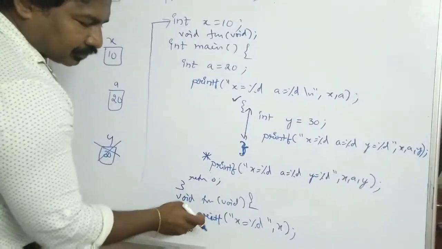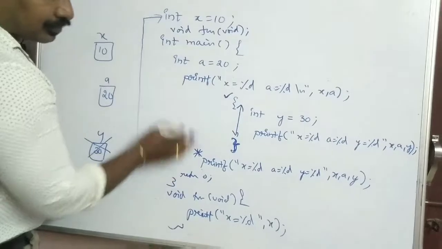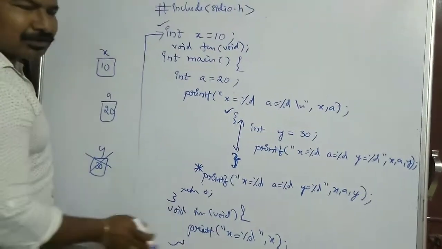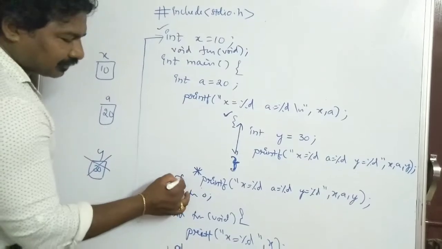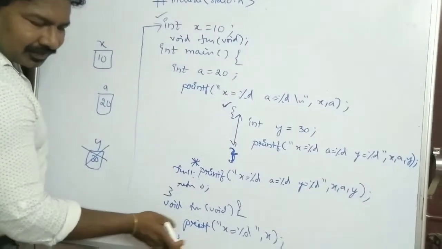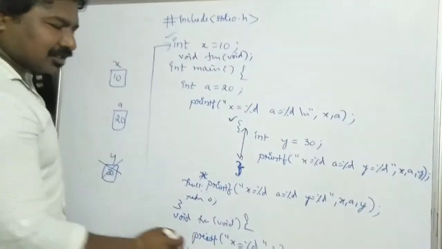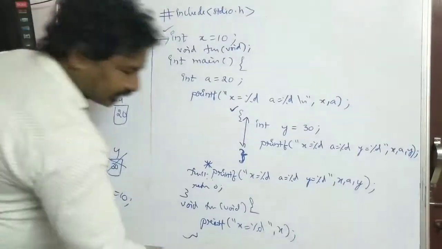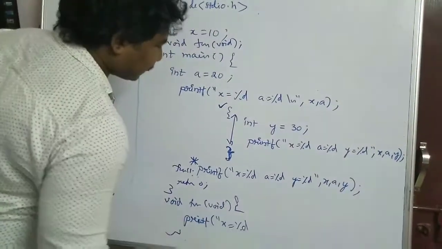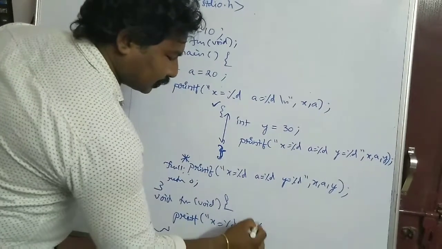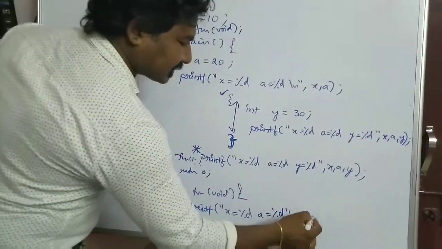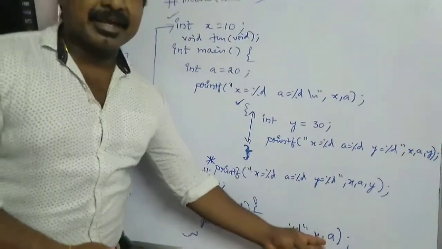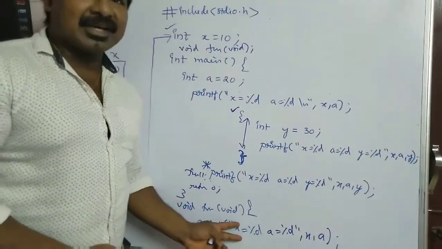Because this fun belongs to the program and this particular x is a global variable, still you can access the value of the x. That means when you are calling this fun function and you come here, the x value can be accessed. That means this will give you the output, that is x equals to 10. But if you try to access a value %d and try to access x and a, it says undefined variable, that is a, because a is not belongs here and a is not a global variable.